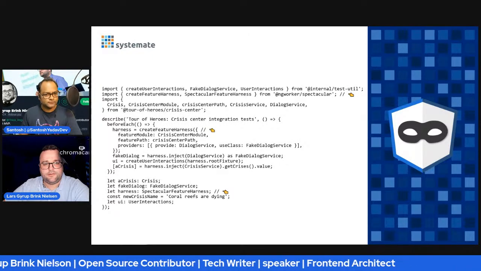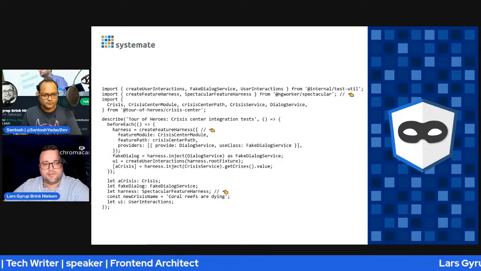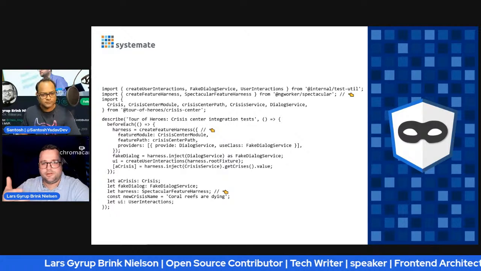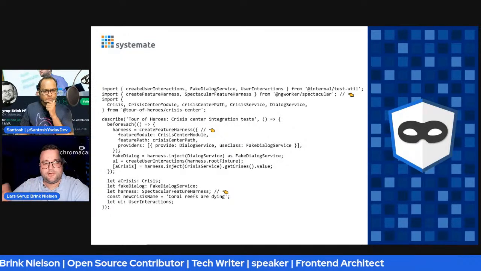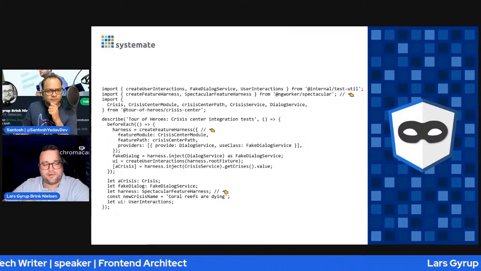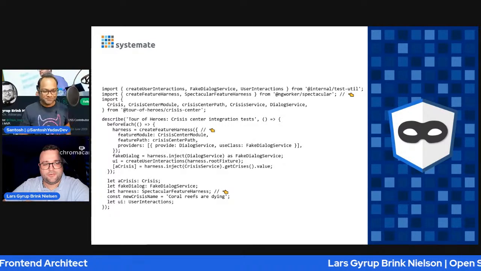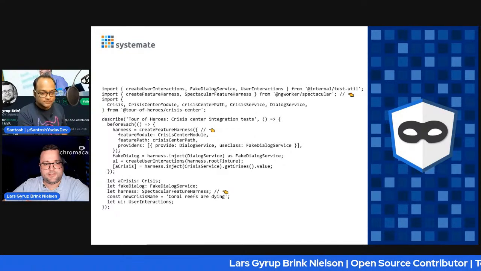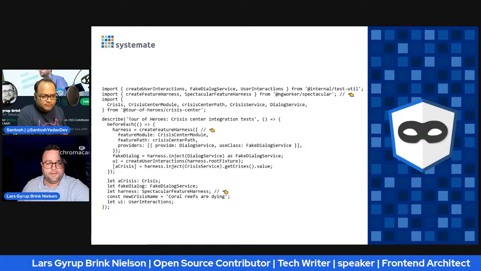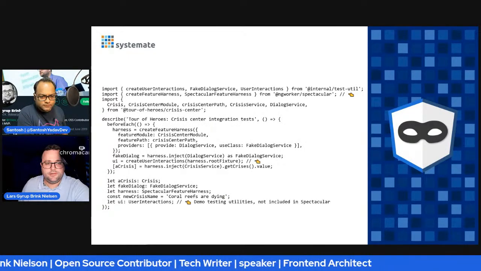That's something you can't do in end-to-end testing. The dialog service of this application from Angular documentation actually shows you the JavaScript prompt that will show up on your screen, and you have to click OK or cancel. Maybe some end-to-end testing framework can manage that, but good luck. Whereas when we have the TestBed available, we can just replace it with a fake service, and that's what I did here. So we're creating our feature harness, and then